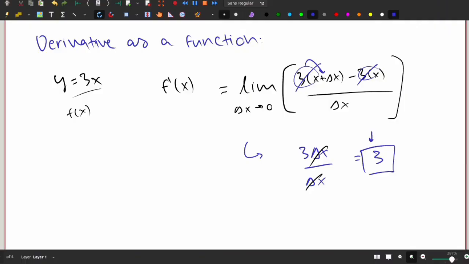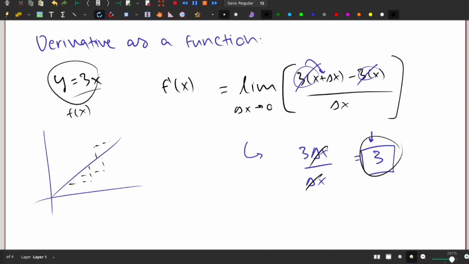And this makes sense intuitively, because if you look at not just y equals 3x, but any linear line, the slope between any 2 points is always going to be the same. There's never any change in the rate of change. And so we can say the derivative of a linear function is going to be constant, because the slope never